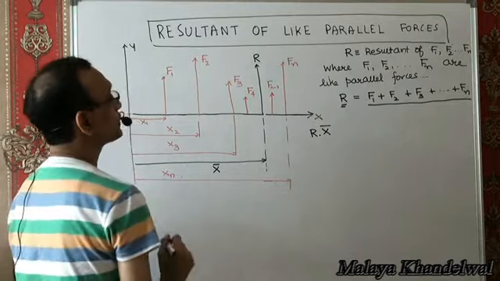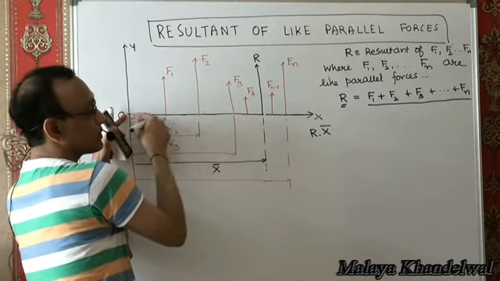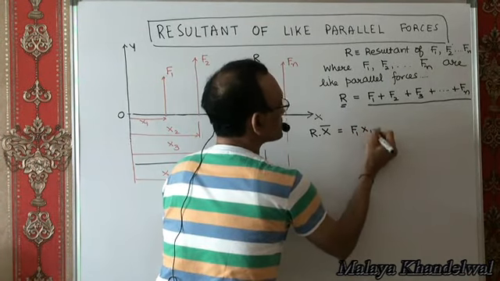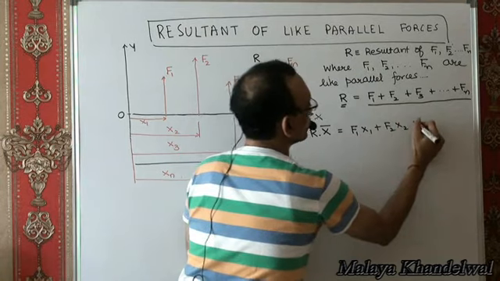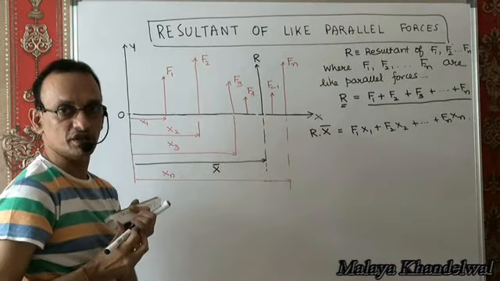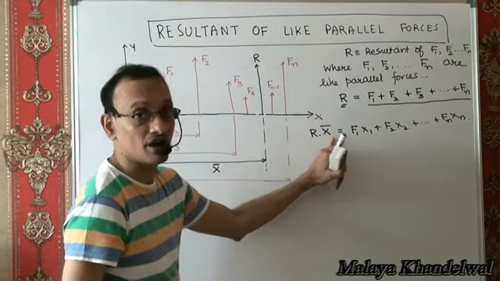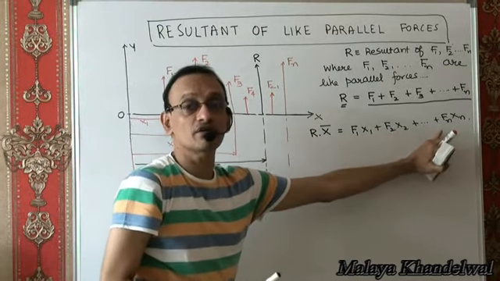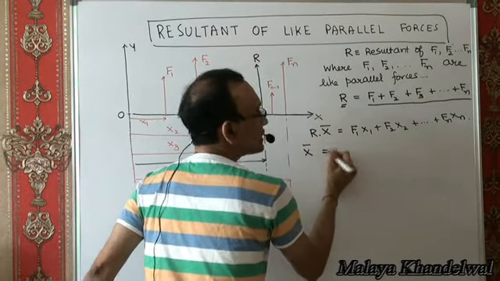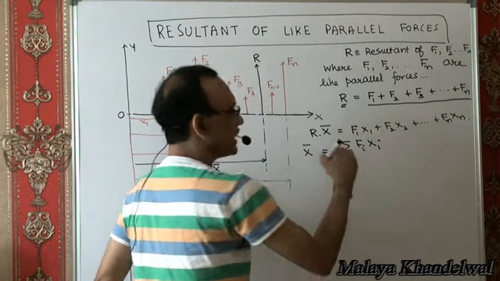And that must be equal to, so this is the moment of R about the y-axis, about O, R into x bar. That must be F1 x1 plus F2 x2 plus Fn xn. Such must be the rotational equivalent. So R must act at a point x bar units away from the y-axis such that the moment of R about O must be the sum of the moments of F1, F2, F3, Fn about O, which means x bar must be summation Fi xi, i equal to 1 to n maybe,